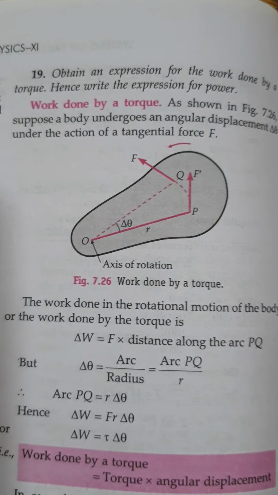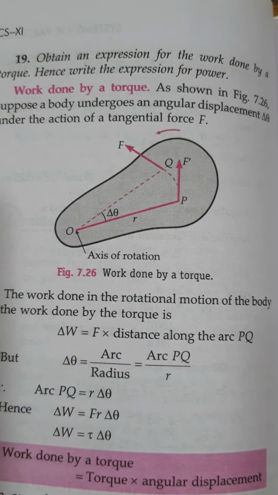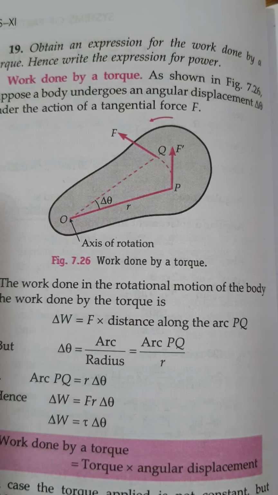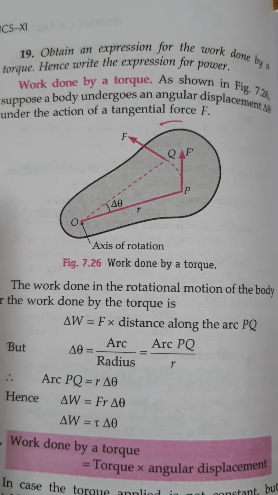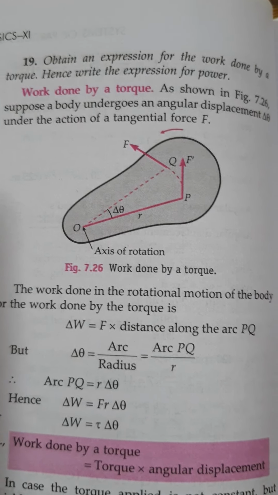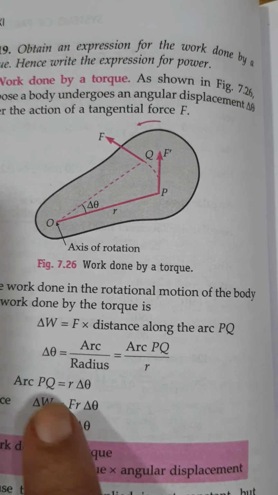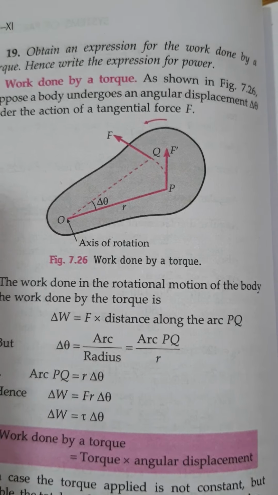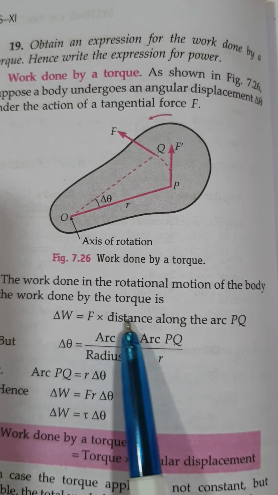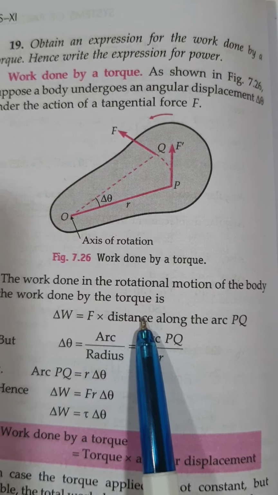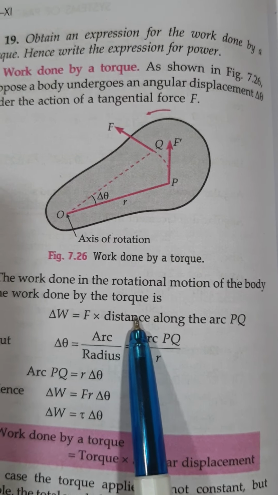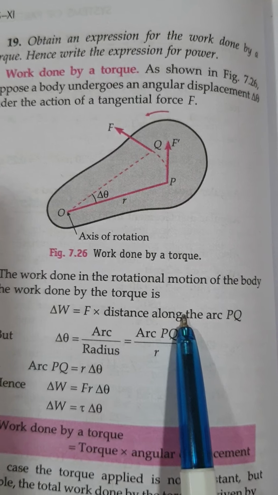See here, we have learnt in the last class that torque causes the turning effect, that is force into perpendicular distance. So now we are going to learn the work done. We know the work done is equal to force into distance, that is ds, if it is linear motion. But now since it is the angular